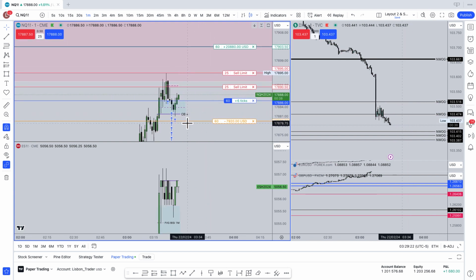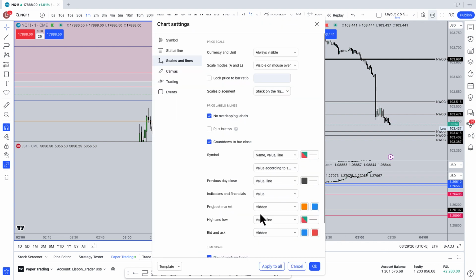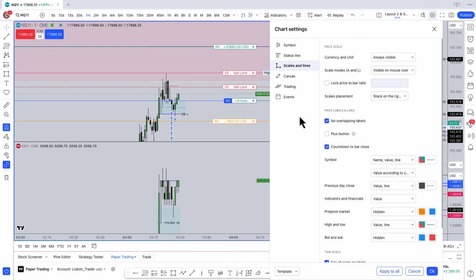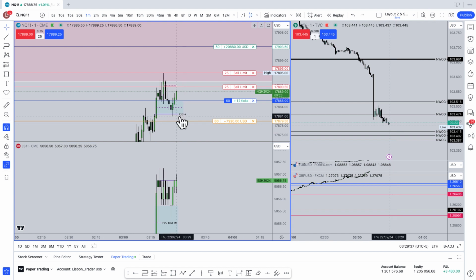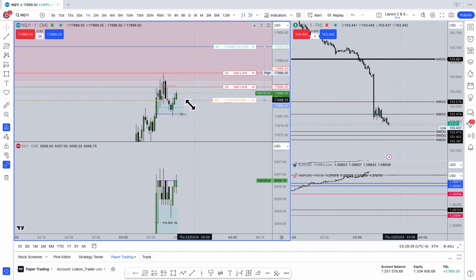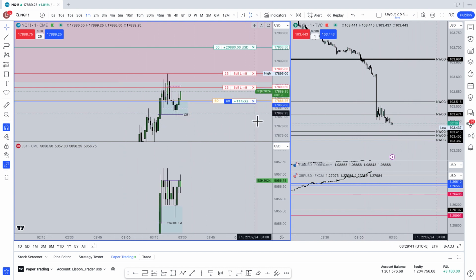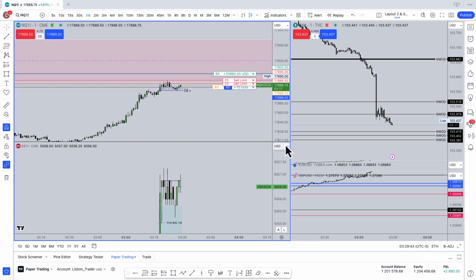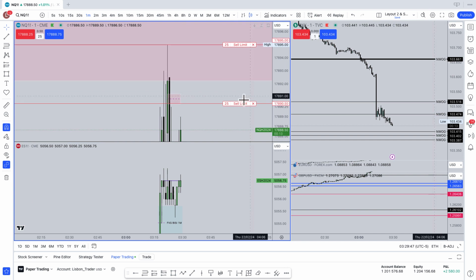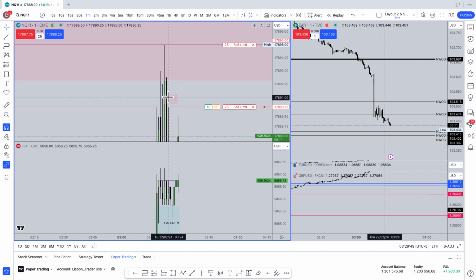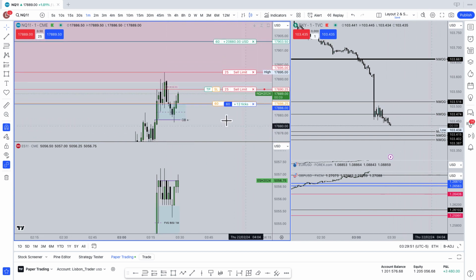Session number 7. Just remove the executions. There. Make it too much crowded. So now I put stop to break even. After such a large move yesterday, I don't want to risk a dime. So I want to see this pierced for a potential reversal,